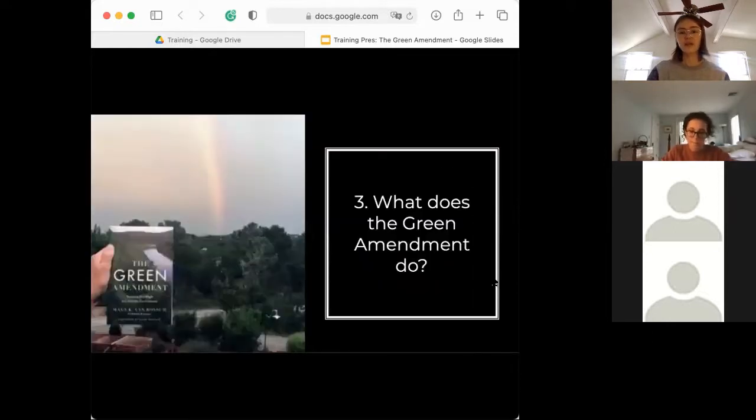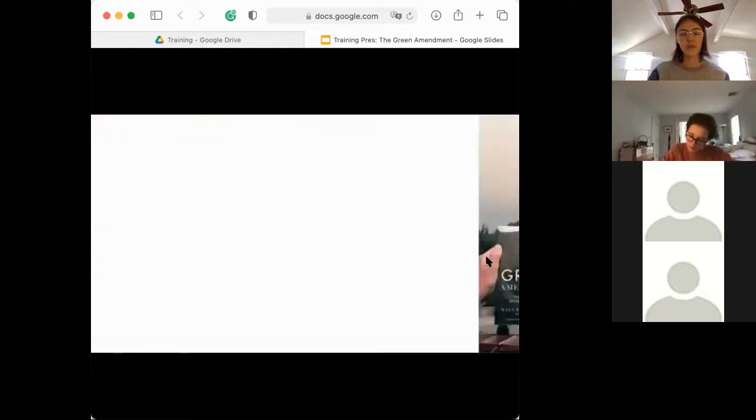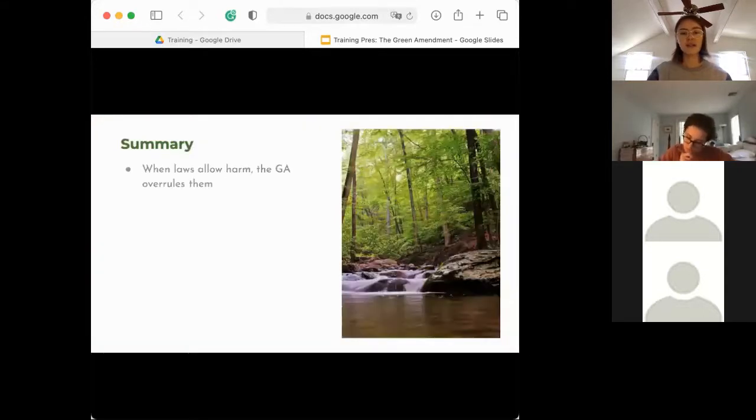So what does the Green Amendment actually do when you put it in place? Quick summary. When laws allow harm, the Green Amendment overrules them. The Green Amendment is above the law. It's part of the Constitution, and the Green Amendment will provide basis to challenge any laws that are allowing harm or causing any harm. It can provide a higher level of